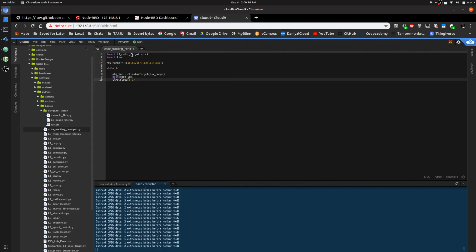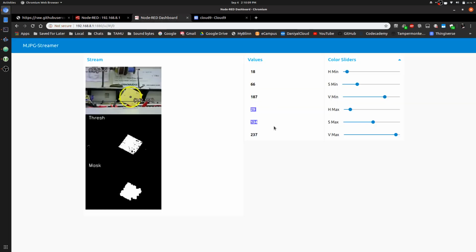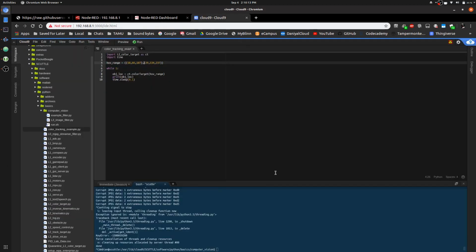And this short example is importing, we can stop this code right here with Control C. Imports L2 color target as CT, and then we create this HSV range variable where we input the values that we grabbed from here. You can see this video stopped because we stopped our program. And then we have this function that we were calling from the color target code, and we pass it the HSV variable, and it's going to return an X, a Y, and a radius, and we're just going to print those out. So I can run this code,